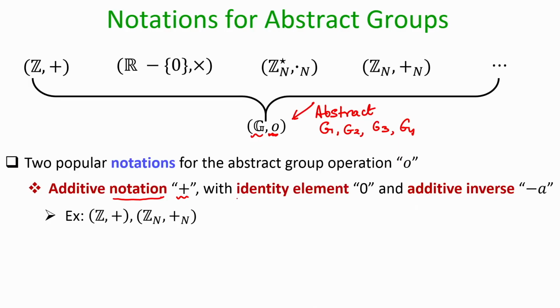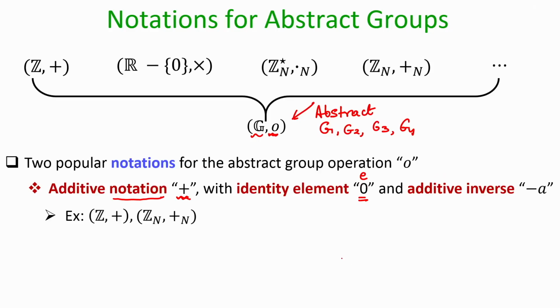And if I am using the additive notation, then the corresponding E I will denote by 0. So, I stress here that this plus is not the numerical plus, it is just a notation that I am following the additive notation, and 0 does not stand for the numerical 0,